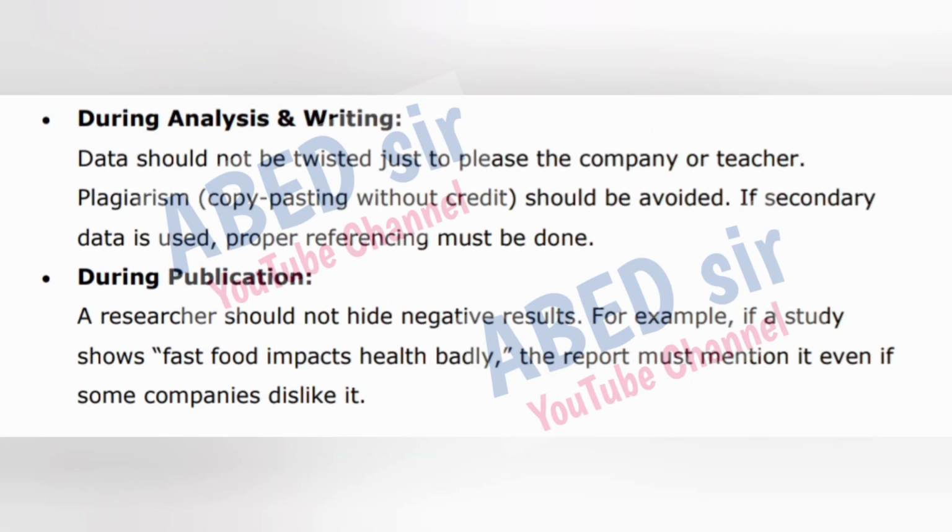During analysis and writing, data should not be twisted just to please the company or teacher. Plagiarism, copy-pasting without credit, should be avoided. If secondary data is used, proper referencing must be done. During publication, a researcher should not hide negative results. For example, if a study shows fast food impacts health badly, the report must mention it even if some companies